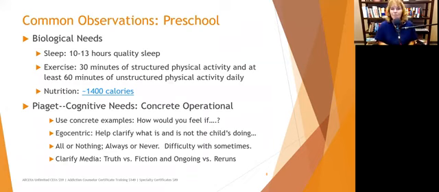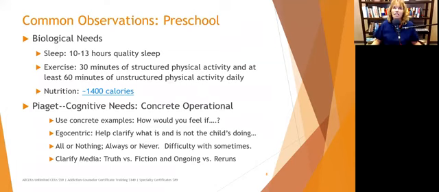A lot of times kids, especially once they get into school, but even in preschool sometimes, they have to hold it together. They have to be on their best behavior all day long. So when they go home, they've kind of been stuffing it in all day long and holding it together. They need to cut loose. So this is a great time for that 60 minutes of unstructured physical activity. So encourage them to not just come home and get in front of the TV. And that will help a lot with behavior issues later in the evening.